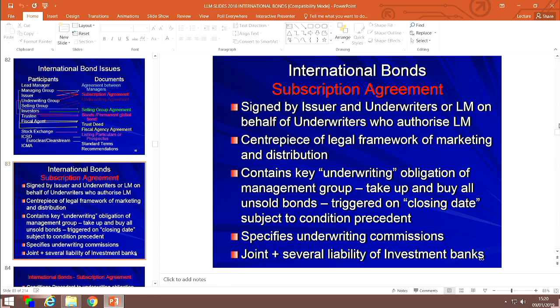That obligation is triggered on closing date. On closing date, the funds have got to be transferred to the borrower, come what may. If you fail to sell the bonds, you, the underwriters, that's your problem. So as the issuer is concerned, the issuer gets its money on closing date. And that's one of the key elements which drives the bond issue, the underwriter's obligation to sell the bonds to them in the markets or buy them themselves. And in a way, if you look at the commission structure, you'll see that that is,